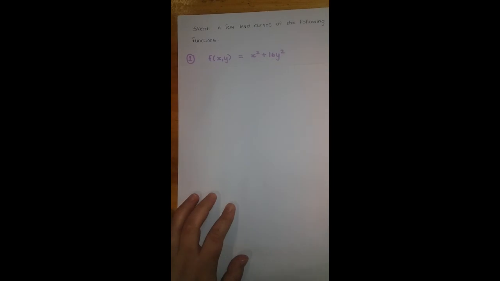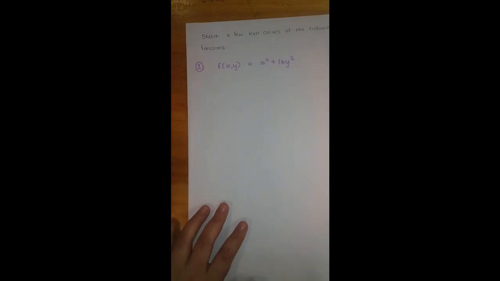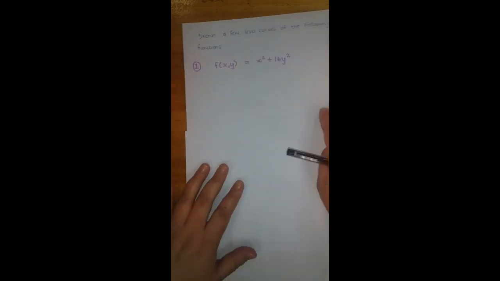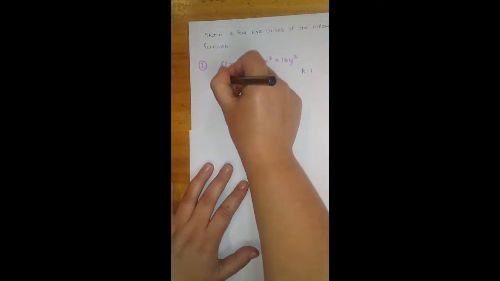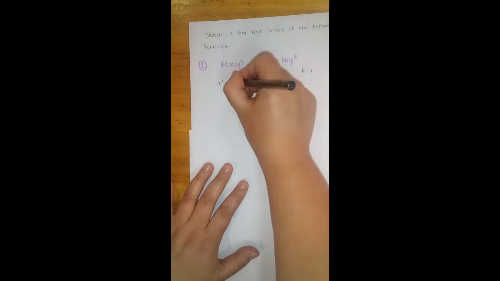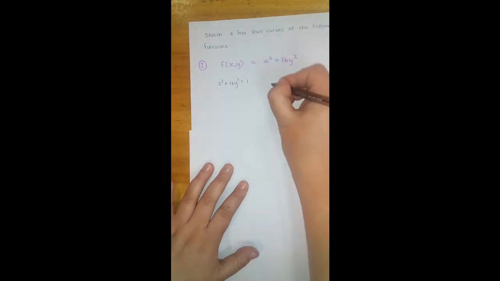Okay. So the next question they'll ask is, sketch a few level curves of the following functions. Now the first function that they gave us is f of xy is equal to x squared plus 16y squared. And we know that this is an elliptical paraboloid. So let's say that k is equal to 1. So then we know that the function is x squared plus 16y squared is equal to 1. And then you can go sketch that